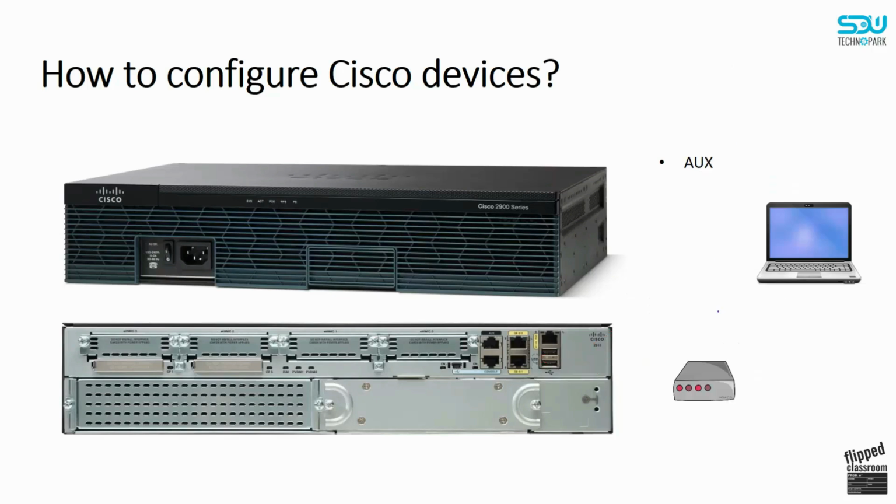Another method of configuring and managing your device is to use the auxiliary port. So here we have the black port. An auxiliary port will be connected to a modem, and the modem will be connected to the internet, and you also will be connected to the internet through a modem. Imagine that this is not DSL, let's say that this is dial-up connectivity,